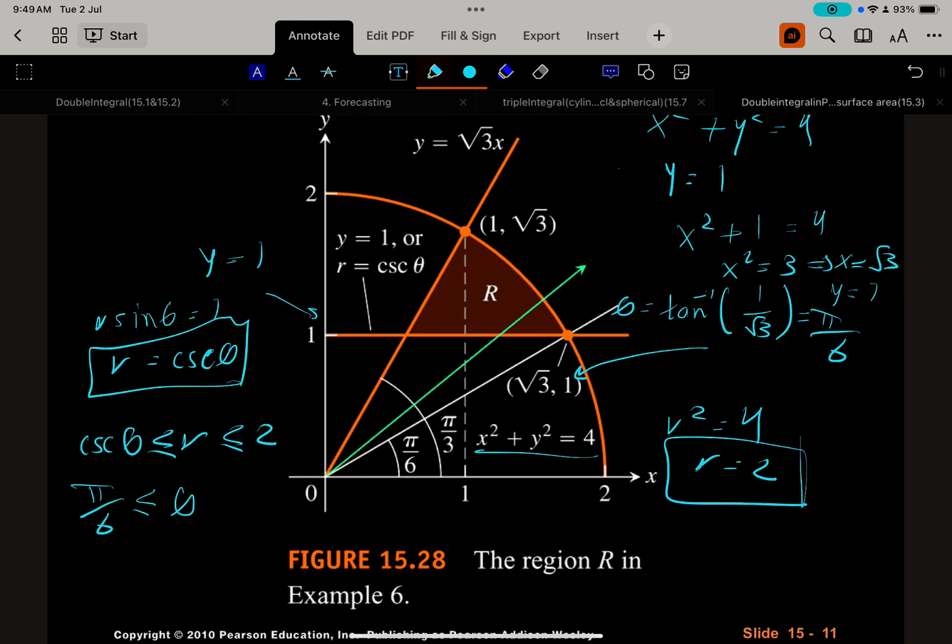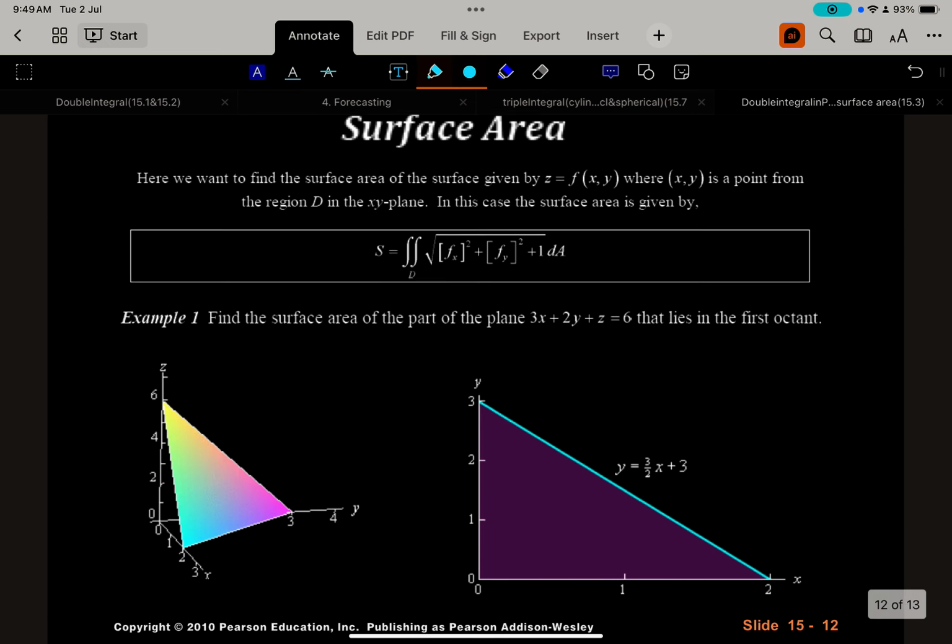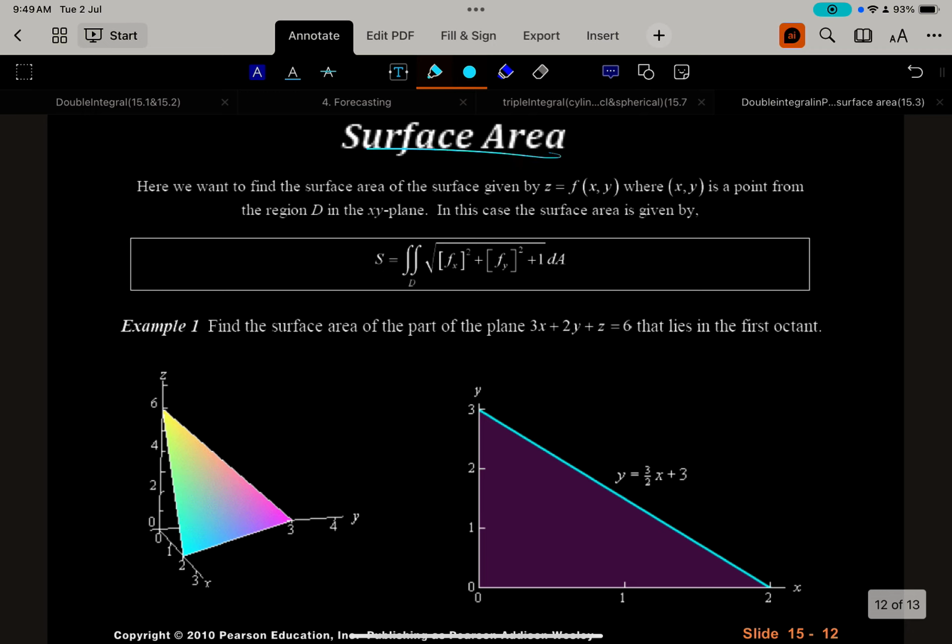And so we have our lower theta, and the upper theta is pi over 3, found the same way by substitution. And now let's cover very quickly the surface area. Let's say we have a surface z equals f of x, y, a specific surface where x, y is a point from the region D in the xy plane. So in this case, the surface area is given by the formula S equals the double integral